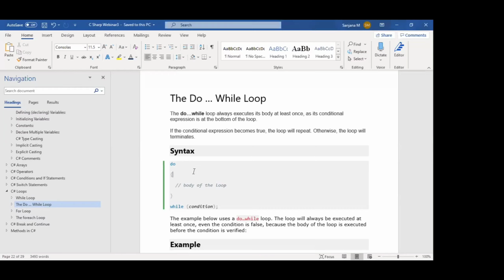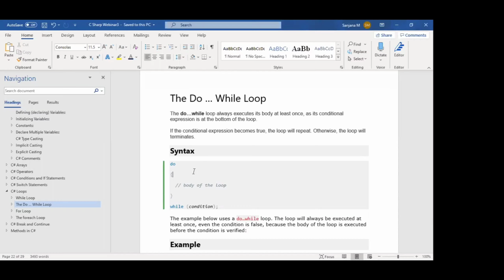For that reason, it executes at least once, and then it checks the condition. If the condition is satisfied, it continues to the next iteration, the next loop. Like that, it continues until the condition fails, and once the condition fails, it stops executing the loop.